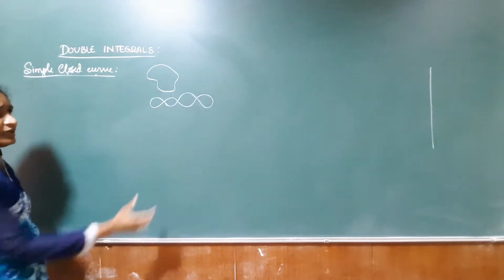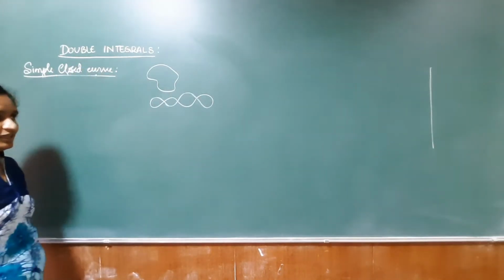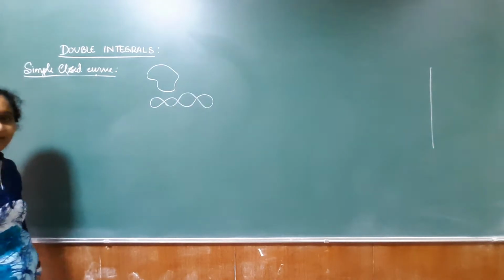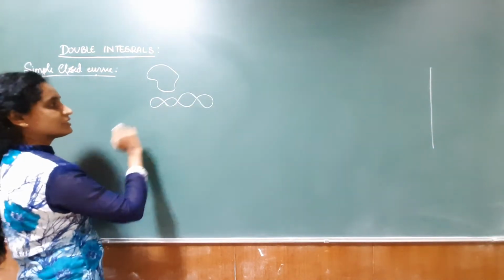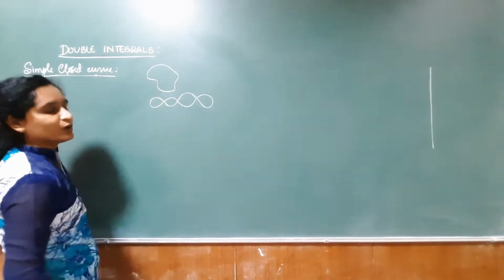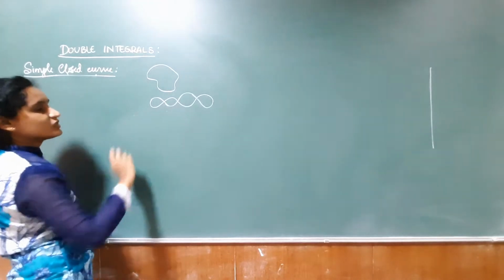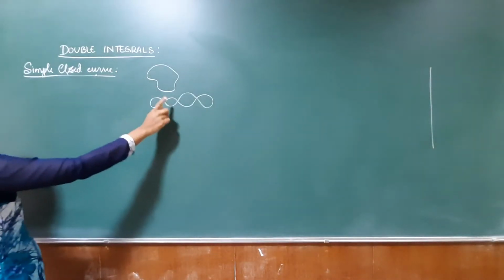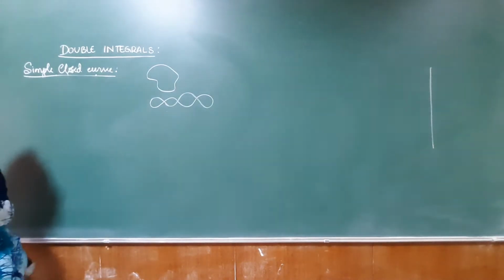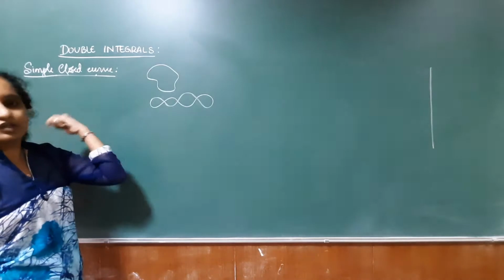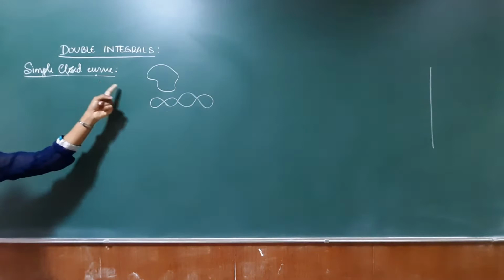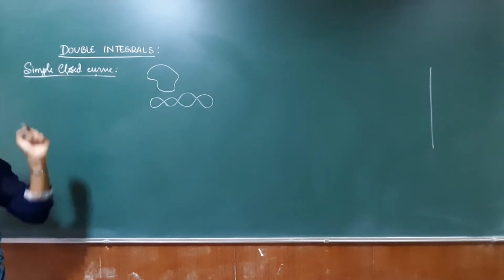What is the difference? Here, I am going on a path where I am not touching any other point of the curve at any point. If I come on this curve, then I go on this curve, at this particular point I am touching 2 points of the curve. Such a curve is called as a non-simple curve. This is a simple curve. Then what is a simple curve? Any curve which does not cross over itself at any point, such a curve is called as a simple curve. If it is closed, then it is a simple closed curve.